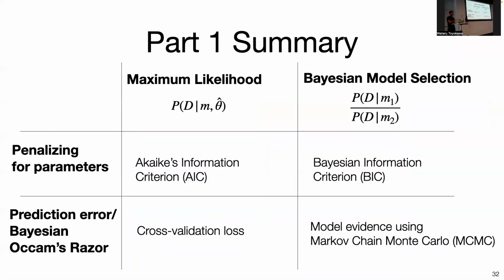Of course, there are some others, but these are a nice introduction to some of the most common approaches in model comparison. We looked at approaches that directly penalize for the number of parameters using a maximum likelihood estimate, based on AIC and BIC, where BIC has a somewhat dubious Bayesian interpretation. And we've looked at prediction error via cross-validation loss, which uses an iterative set of maximum likelihood estimates, but then directly predicts out-of-sample data to get a better estimate of how well our model predicts. And then MCMC uses Bayesian